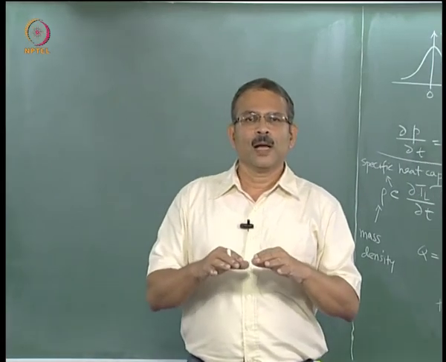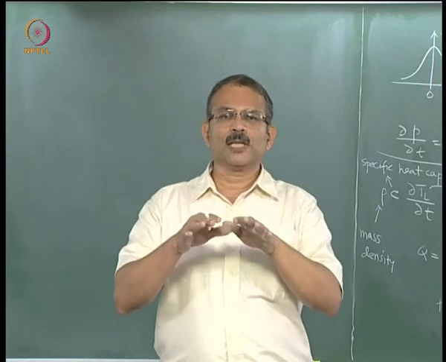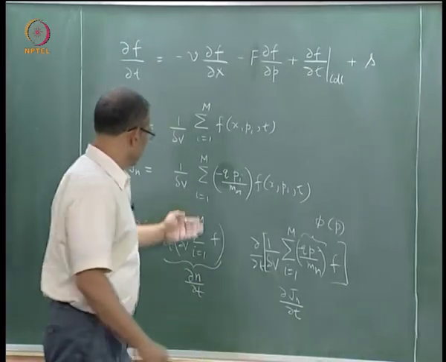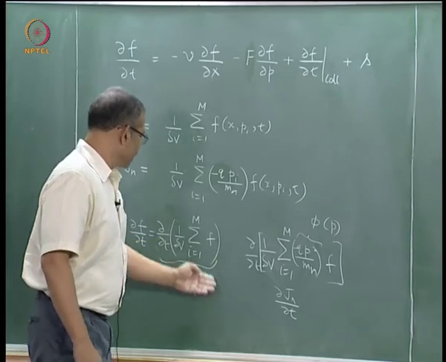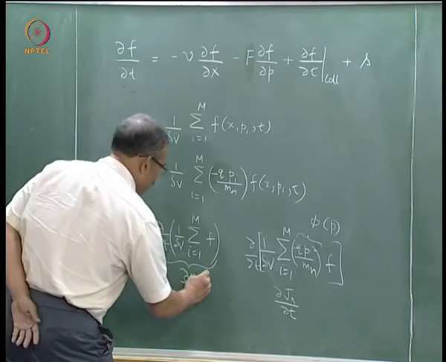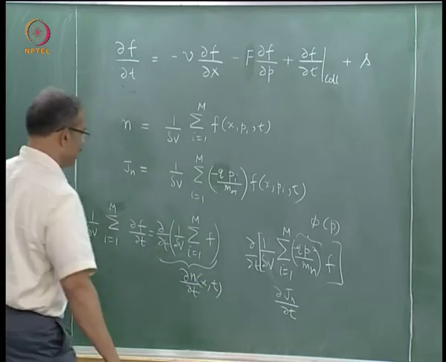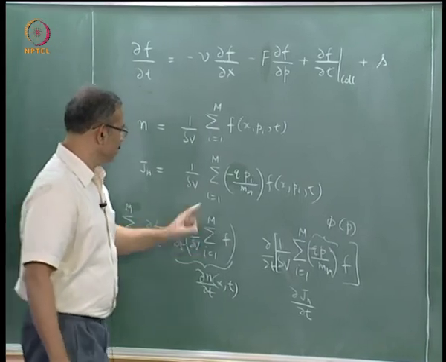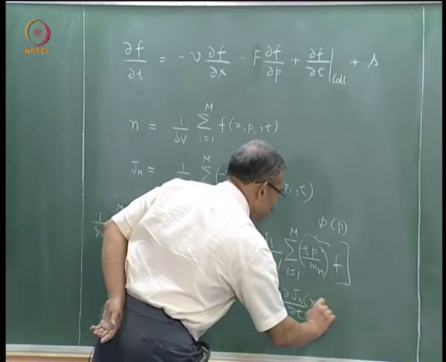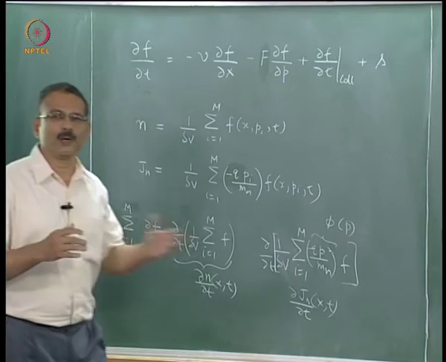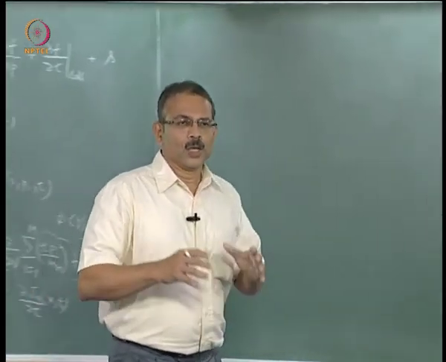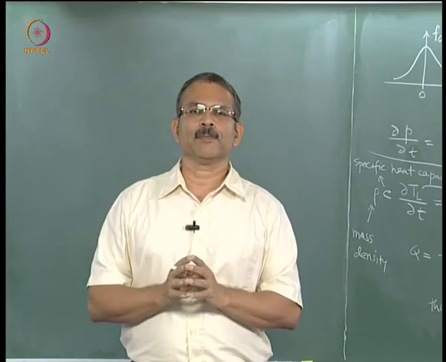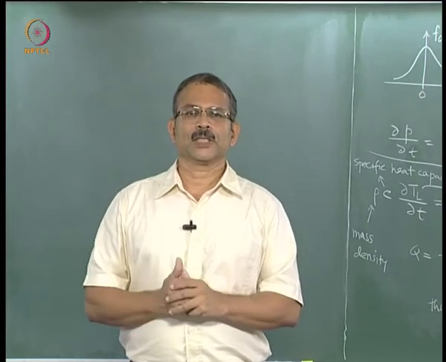And therefore I am not working with details of the distribution of carriers or momentum. You can see that when I sum up over the momenta, the resulting function is a function of x and t alone. So this is a function of x and t, though f is a function of x, p and t. In the process of summing we have removed that. Similarly Jn here is a function of x and t alone. So we have filtered out p. We will develop this approach, which is a powerful approach and which is commonly used today, in the next lecture.